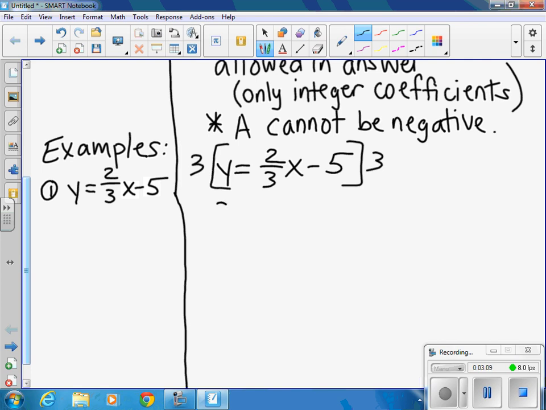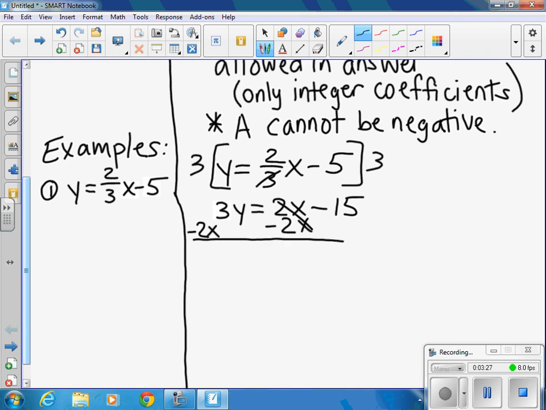After doing this, you're left with 3y equals, the 3 times 2/3 crosses the 3 off the bottom. You have 2x minus 15. So the fraction part has been taken care of. The next thing we want to do is move the x over so that it's in front of the y on the left-hand side. So we subtract 2x,